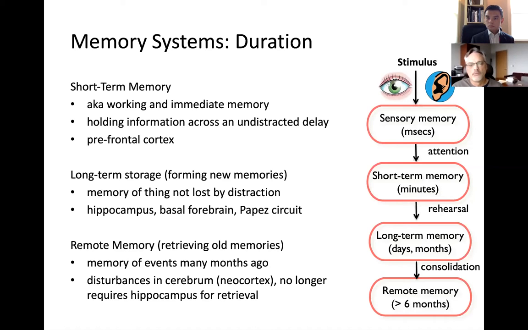And then when you get to the remote memory systems, it's a bit of both going on, okay? So if short-term memory is about retrieval and rehearsal, and long-term storage is about the medial hippocampus forming new memory traces, remote memory systems are kind of both. And I'll give you an example. Let's say you're experiencing an event with one of your siblings a long time ago, and then 20 years later, you compare notes on what you saw during that event. My experience is that my siblings typically have a very different memory of it than I do.